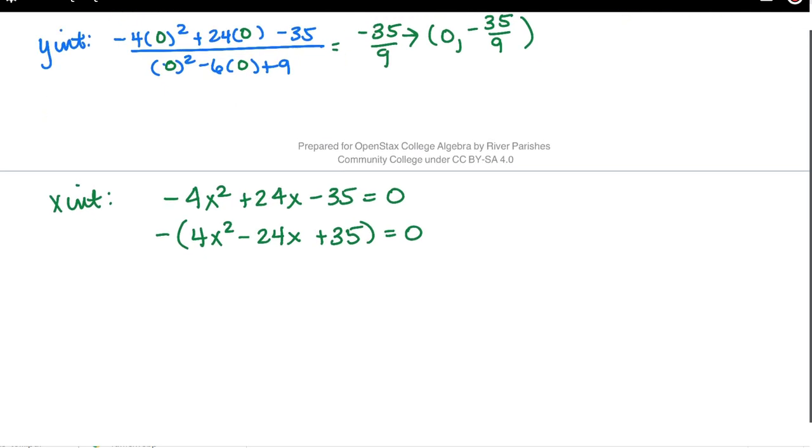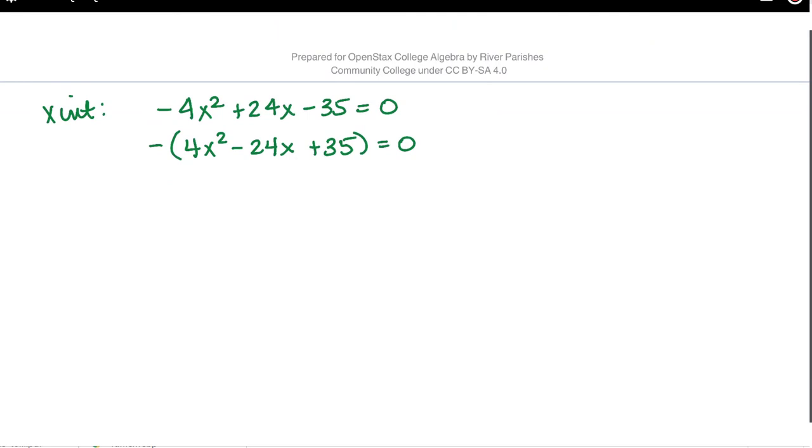Depending on your comfort level for factoring, you might put this in Desmos and find the zeros that way. You're finding the x-intercept, so just put this in Desmos and see where it crosses the x-axis. So just put in negative 4x squared plus 24x minus 35 and find the two zeros. But if you were factoring, what you could do is,